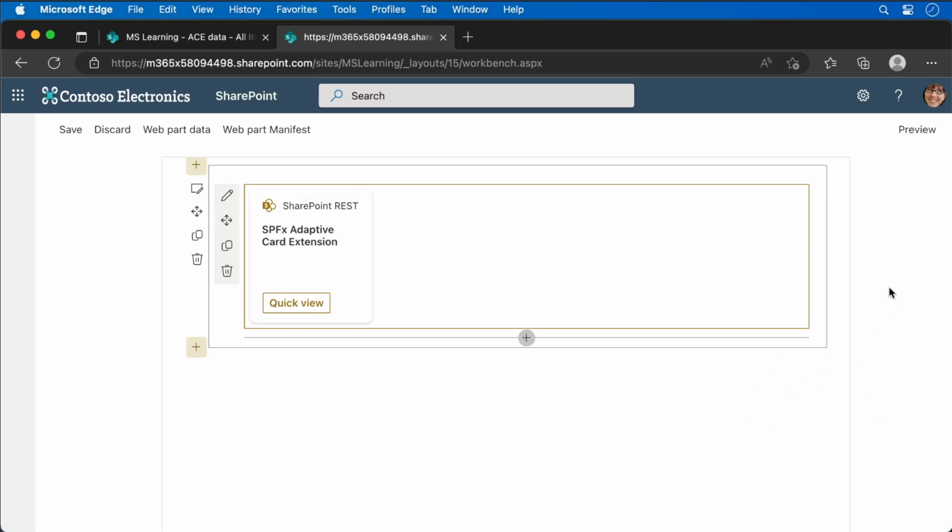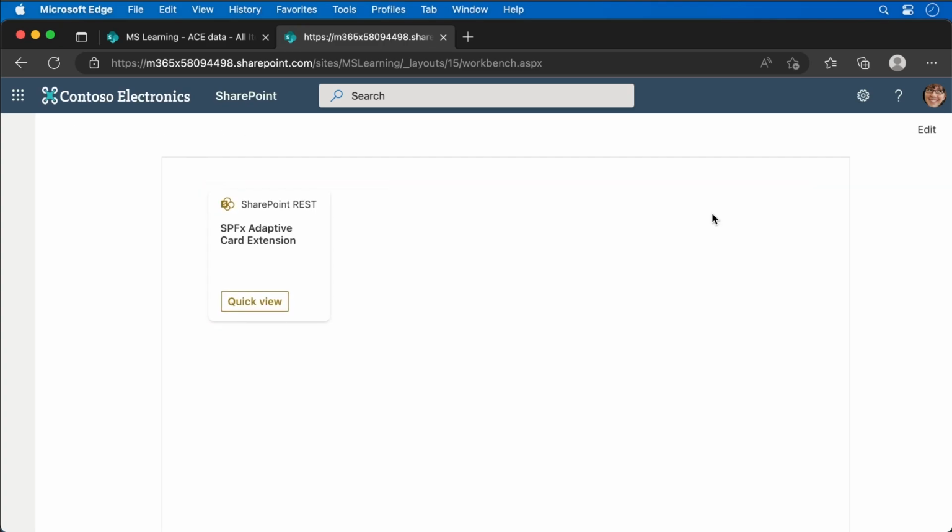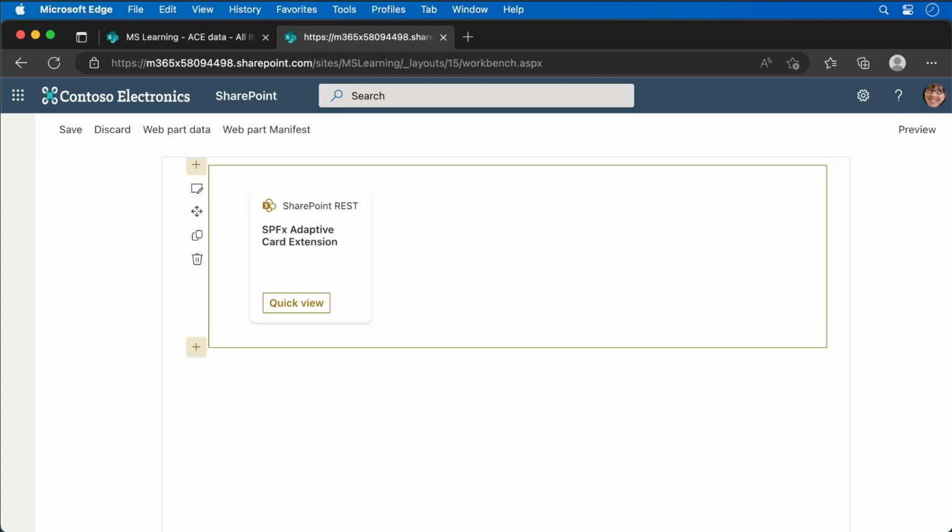I can switch it over to the display mode to interact with it by clicking on the preview button in this top right corner of the navigation. And this is what my user would see when everything is rendered. Notice all the edit tools on the side of the canvas and in the ACE component, those are no longer visible. Now, the default view of an ACE is the card view, and it's selectable and